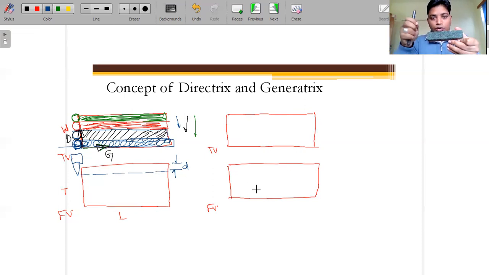There is another way to remove this surface. I can keep this single point cutting tool over here, and I can move in this direction. Again, I will place the single point cutting tool over here, then we will move this workpiece in this direction, and this will be cut out.